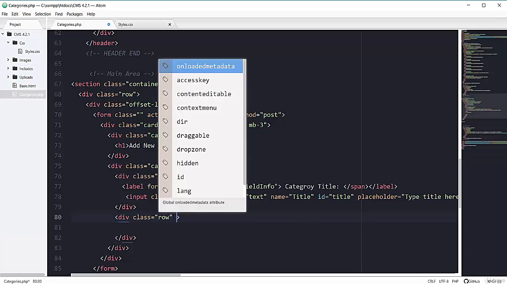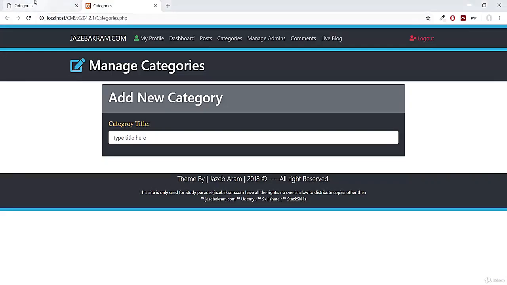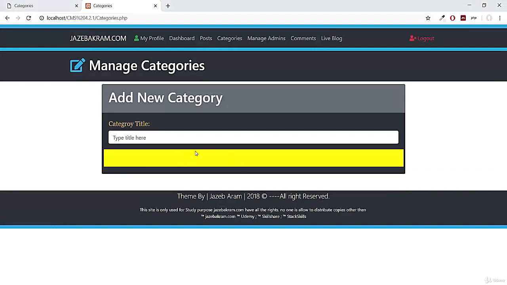So for better demonstration, I'm gonna make some background to be yellow one, and let's see this one. So now we have this whole row. Now out of this row, we will divide this row into two divs, which each one will have 6 column, because this whole row has total 12 column.